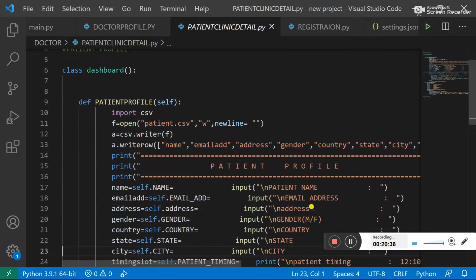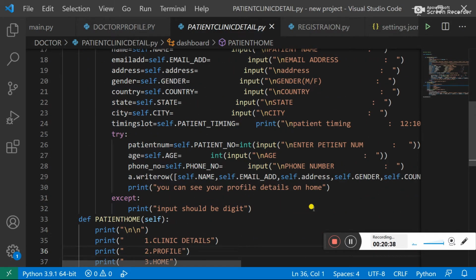Also here I am using a try and except block for exception handling. Whenever we think an exception may occur in some particular matter, we put that code in the try block.